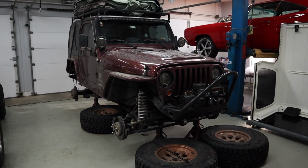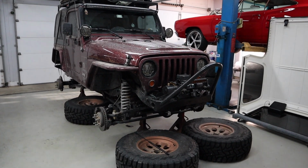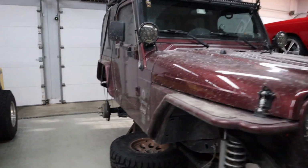This was kind of an unexpected change. I came across something on Facebook Marketplace and it was a deal I couldn't pass up. It's something that I've wanted to do for a while, and I think it's going to change the whole look of the Jeep. And this is kind of, if you can figure out what this has to do, or what it has to do with, I don't know if you can tell based off this, but the only hint I'm going to give is